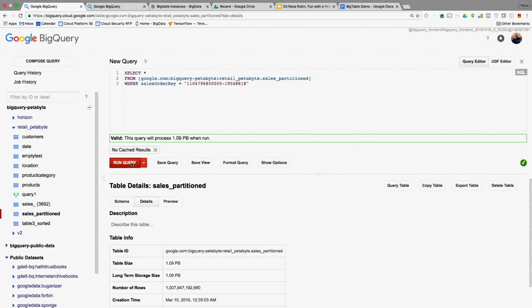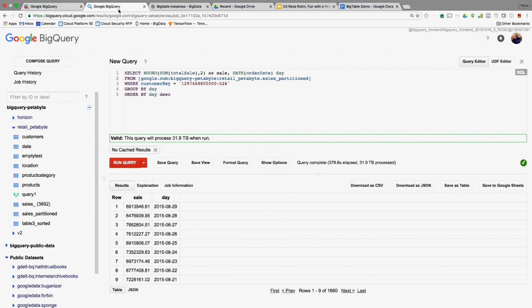So I'm going to kick that one off. That will take some time to complete. While that's going on, I'm going to also run, at the same time, a slightly more interesting query, which is more like what people will be doing. So in this query, we're going to be doing some aggregations, a group by. There's some functions being done in sort of round and sum. And also, if you notice, even though it's across the same table, it's now only going to process 31.9 terabytes